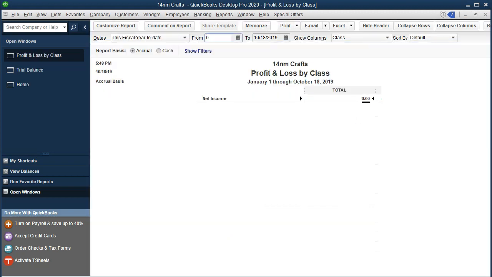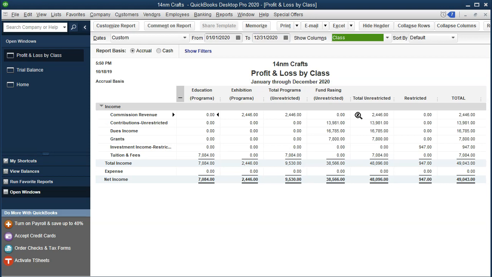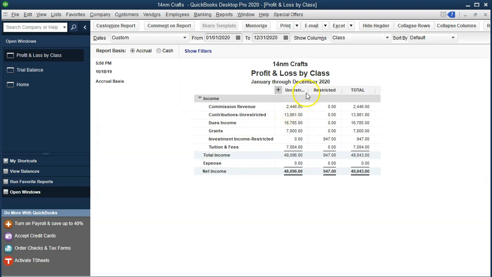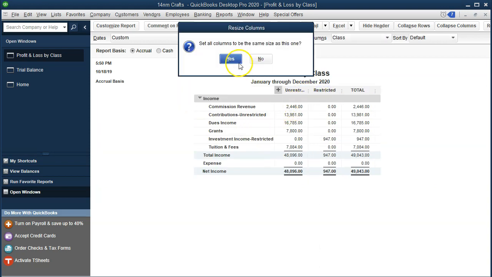Changing the dates up top from 10120 to 123120, January through December. Then we have our breakout up top. Notice now we have it in restricted. So again, note the major two categories we need now, if I minimize this, are going to be restricted and unrestricted. Those are going to be the major two